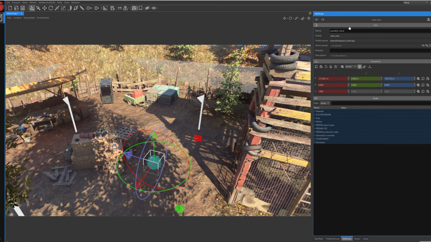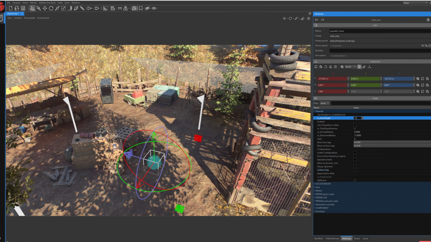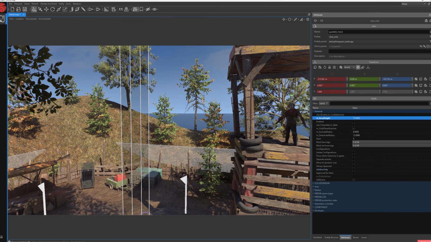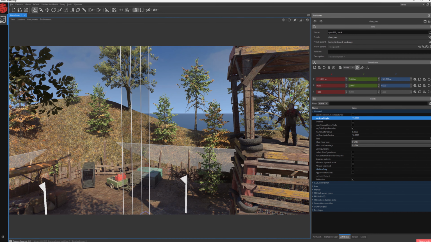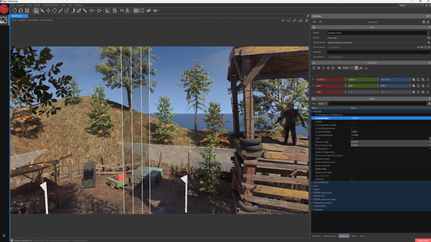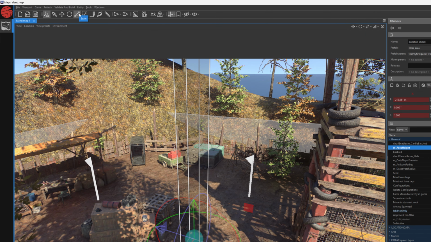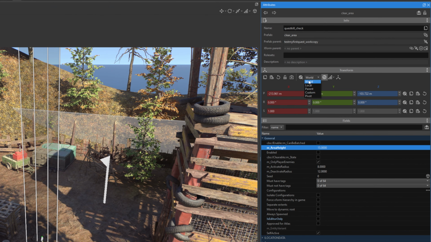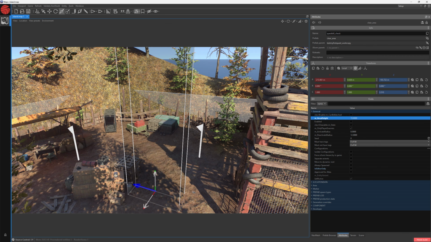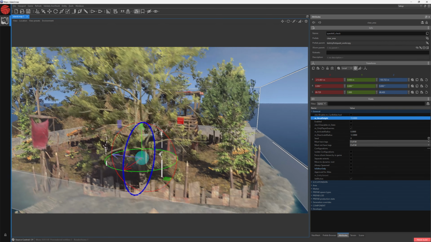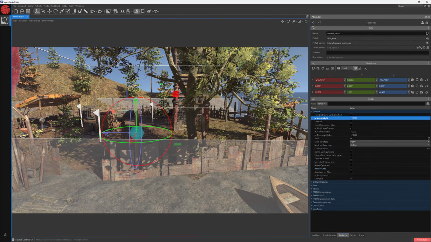Let's just do one more crucial step. Extend General and set the area height to 15, so the kill check can also account for potential enemies on the tower. Now we must scale kill check in a way that it will cover our quest area. Choose the scale option once again, change coordinates to local, and scale it up. Let's check if this clear area covers our entire location, including our tower.